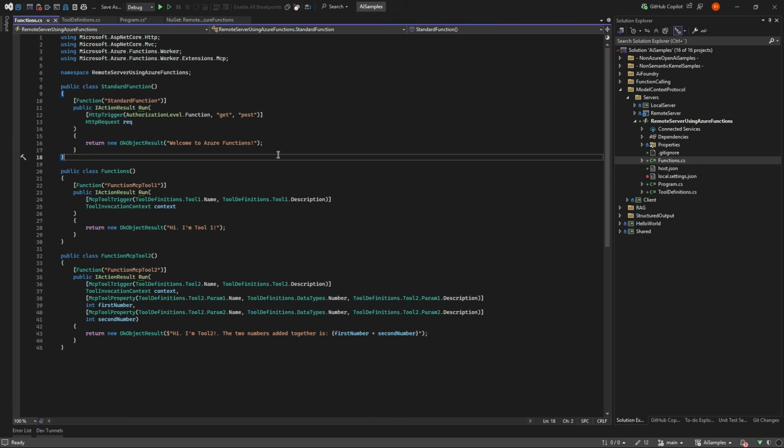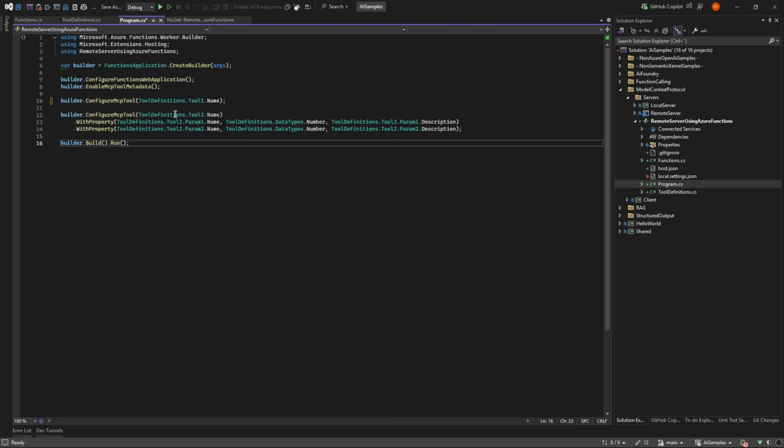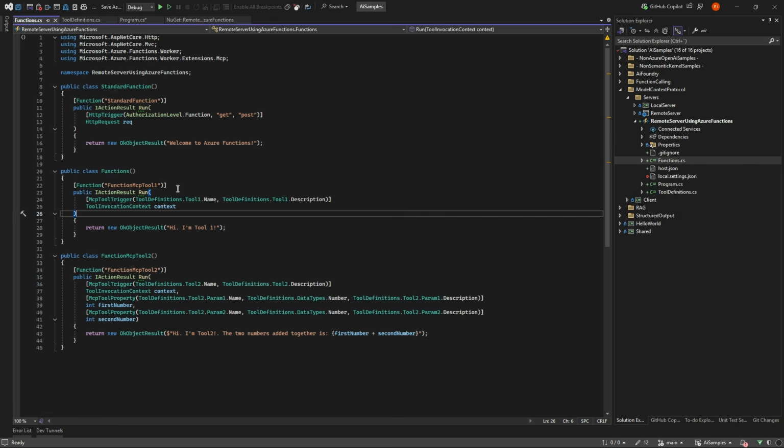And then we make our functions. A normal function looks a little like this, where we have the HTTP trigger, and we then get some kind of request based on that HTTP trigger. We then write our code and our return value, in this case an OK object. And MCP tools are just the same, but instead of an HTTP trigger, it's an MCP tool trigger. And that's where we use the names again. I could have written my first tool here and my first tool here, but because they need to be the same, it's easier to have them as constants.